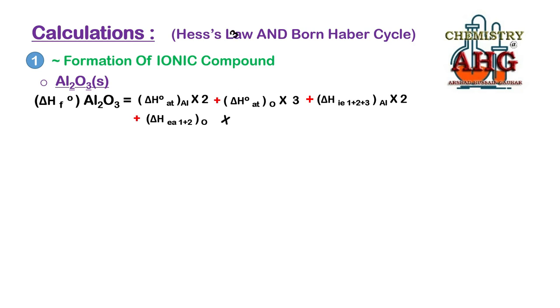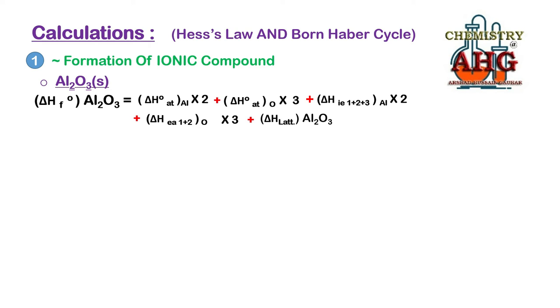And the last step for the formation of an ionic compound is the formation of ionic lattice, which involves which enthalpy change? Which involves lattice enthalpy change. So you can see, without constructing the Born-Haber cycle, we have written the formula for calculating enthalpy change of formation of aluminum oxide. Simply insert the values, and by using your calculator, even directly you can do the calculations and get the answer. So this is the formula for the formation of an ionic compound, where you must remember that the indirect path has three steps.